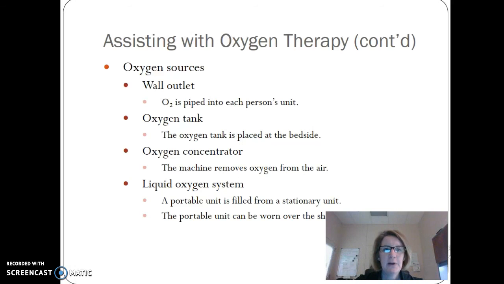Assisting with oxygen therapy, there are several different oxygen sources. One might be from a wall outlet, and that is the oxygen tubing is hooked up to a canister on the wall. You might also have a person who's got an oxygen tank, and that oxygen tank will be with that